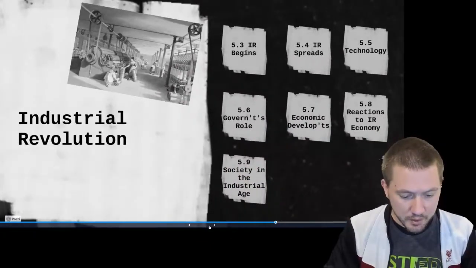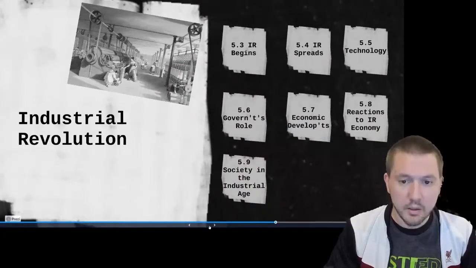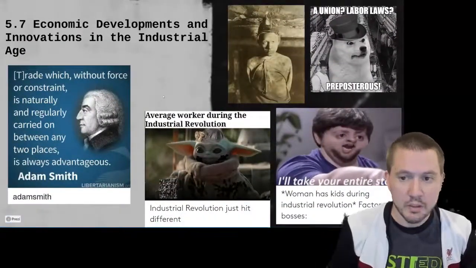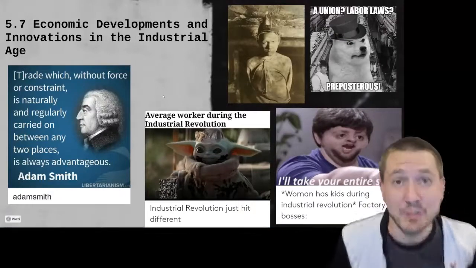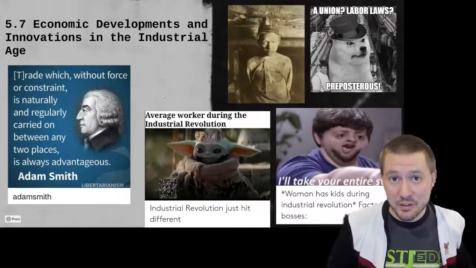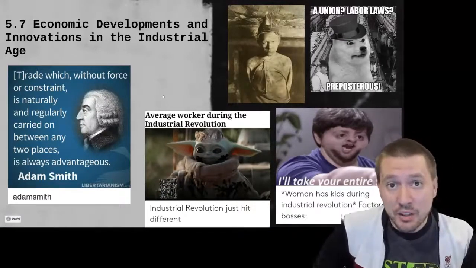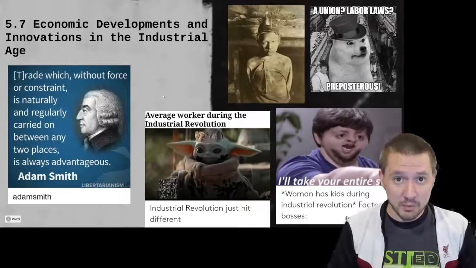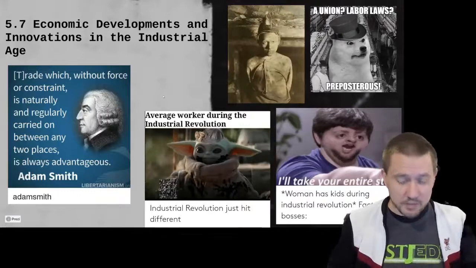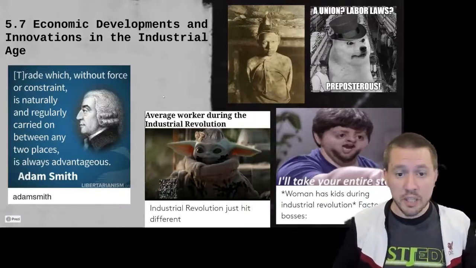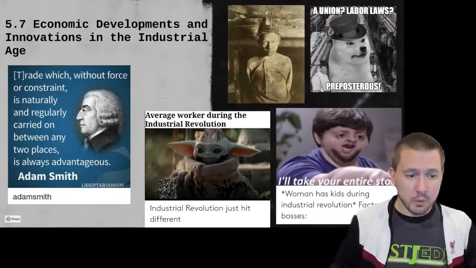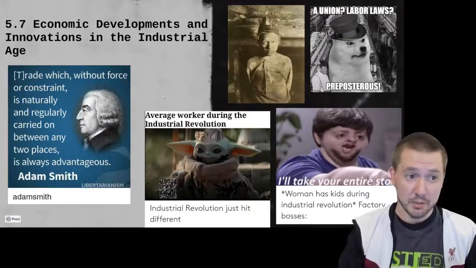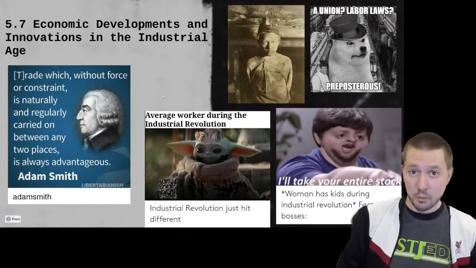So next up is economic developments. So some of the first things was a hands-off policy towards business in general, that at the time the government should not be involved in the day-to-day operations of life with the people inside, mainly because the workers choose their labor. And while Adam Smith is propped up as basically saying government should be hands-off when it comes